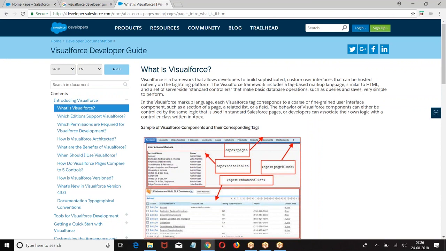Today, people are calling it the Lightning platform. It allows you to build sophisticated and complex custom UI on the native platform of Salesforce.